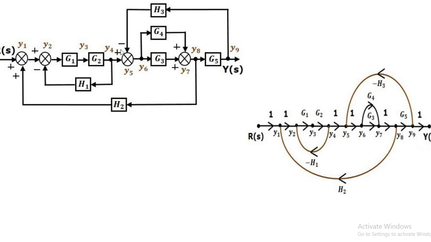Okay, similarly, if you see this second part or second reverse path, it is taken from the y4 node and it is connected to y2. So it is taken from y4 and connected to y2, but now it is connected to the negative part of a summing point, so that's why the branch gain should be minus h1. Okay, so just like this one, this minus h1. Okay, so this thing we have done.